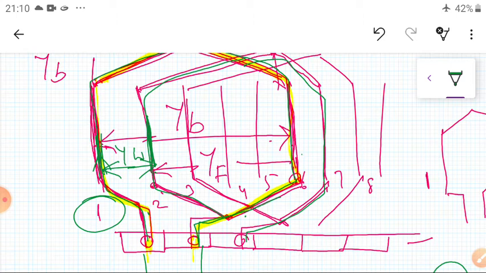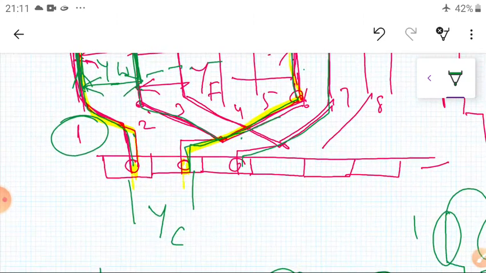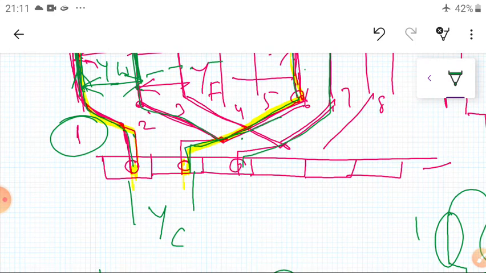Because of this, the winding pitch plays a vital role. So what is the purpose here? Let us see. This coil is starting, and this is the winding pitch of this one. Now this winding pitch plays a vital role. For example, winding pitch,